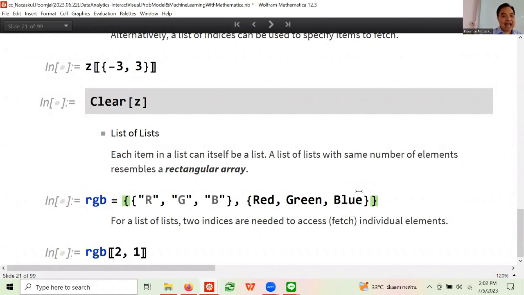Now, actually, it doesn't have to have the same number. I can have like 5 things over here. But for now, let's keep them the same dimension. I'll tell you why later, because that's where matrix algebra comes in. Technically, you can store anything. You can put an elephant here, you can put an orange there. That's fine. But right now, I'm just going to say it's a list of 2 things, each of which is a list of 3 things.